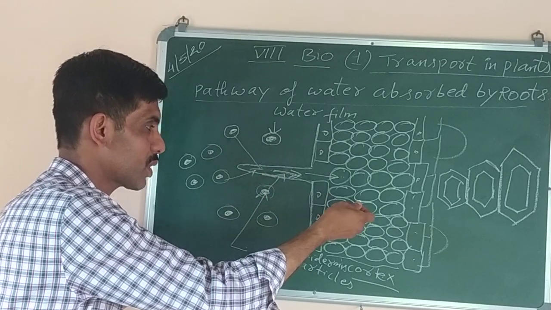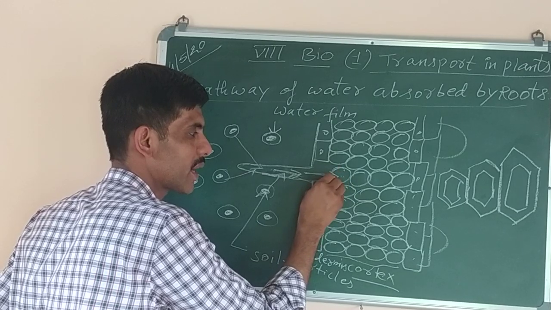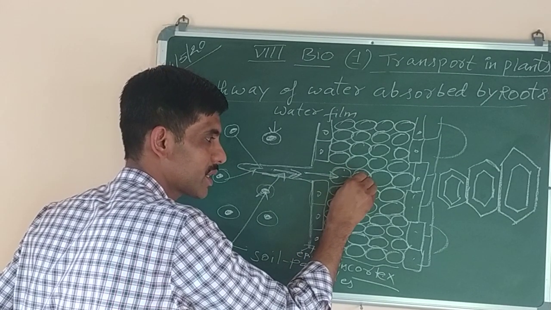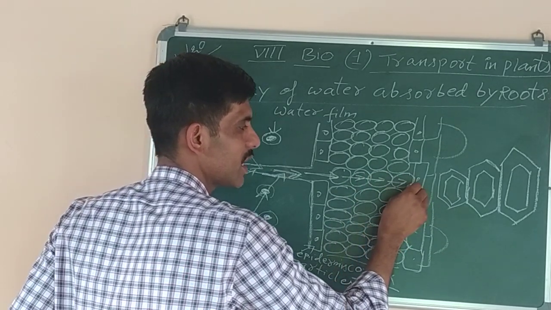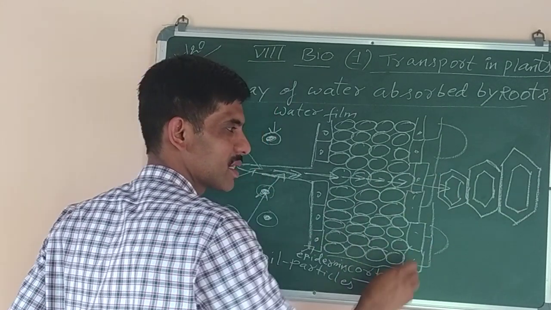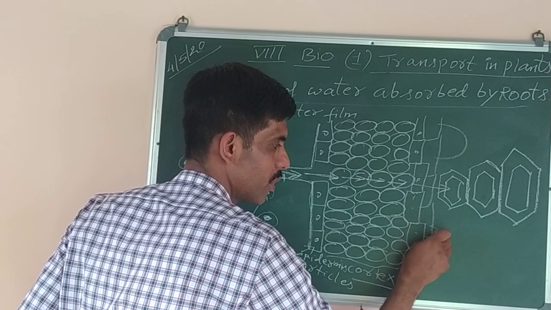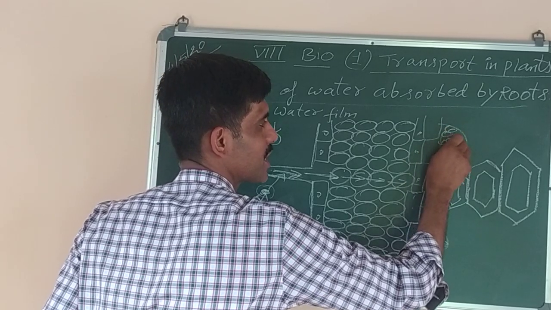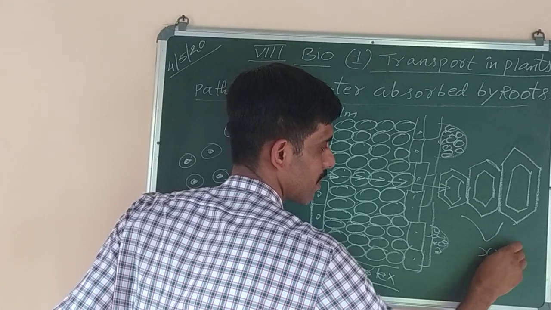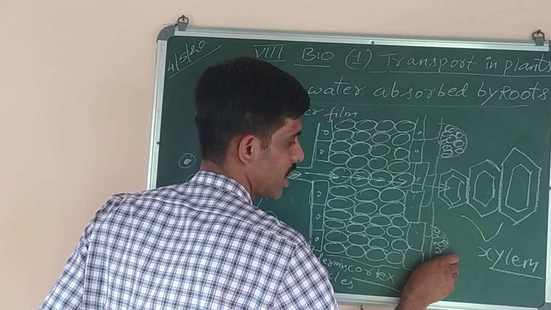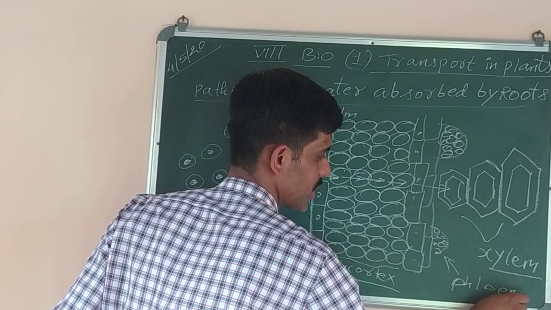So again, by the process of osmosis, the water molecules will move from the root hair cell to the cortical cell, from one cortical cell to the next cortical cell, like this to the next cell. It will keep on moving till it enters into the xylem vessels. These are the xylem vessels. This is the phloem. Phloem is the one which helps in the conduction of food, and xylem is the one which helps in the transportation of water and minerals. They are the xylem, okay? Conducting tissue, and this one is the phloem, the one which helps in the transportation of food.